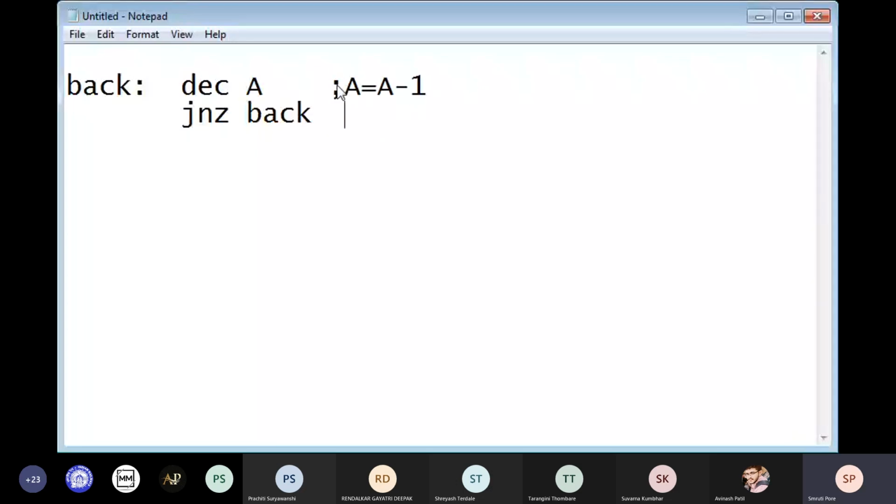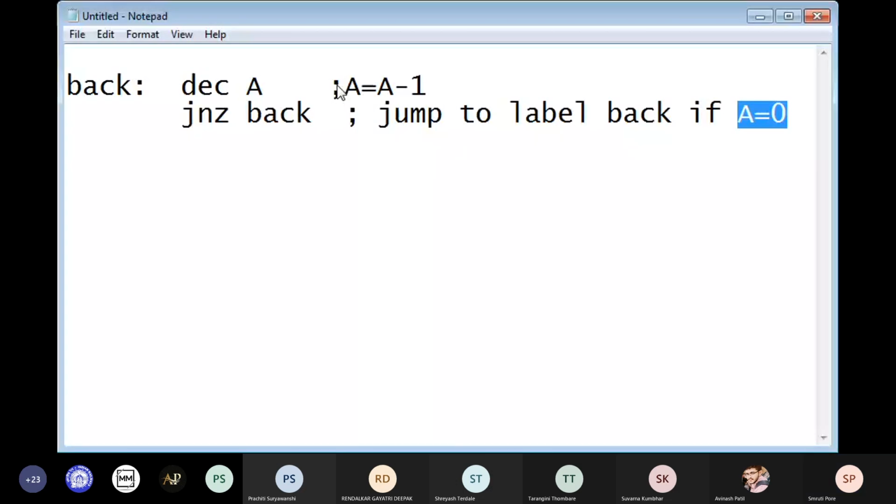Then the next instruction is jump to label back if A is not equal to 0. It will check the condition: A is not equal to 0.